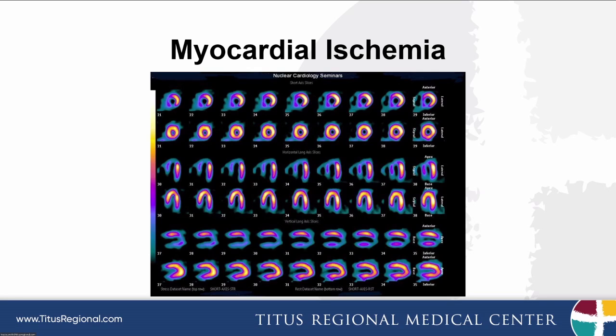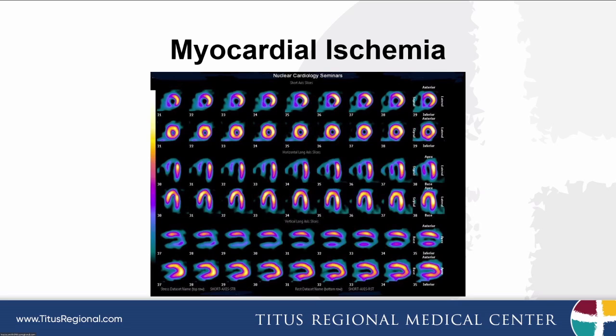The top images look like somebody's taken a really big bite out of the donut, and that's because that area in the septum and the inferior wall is not receiving good blood flow because there's an obstruction of blood flow there. Now, we know that it's not an area of scar because when we looked at the resting images on that second line, for example, we see uniform tracer activity throughout the heart. If those cells were damaged or scarred, we wouldn't see that. So this is a classic example of myocardial ischemia, in this case involving most of the inferior wall and the